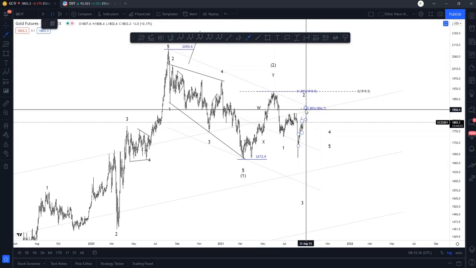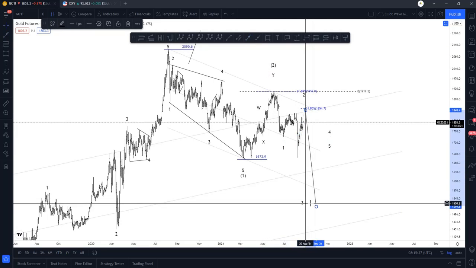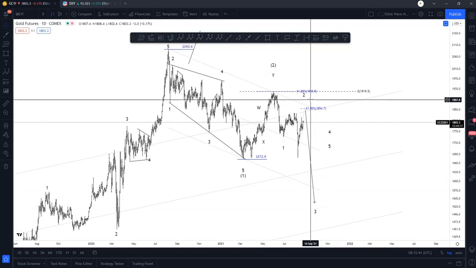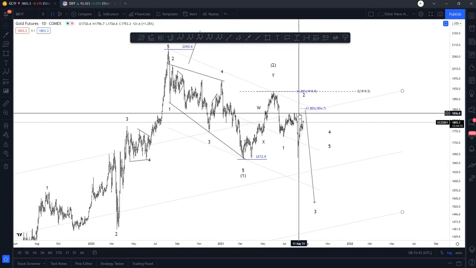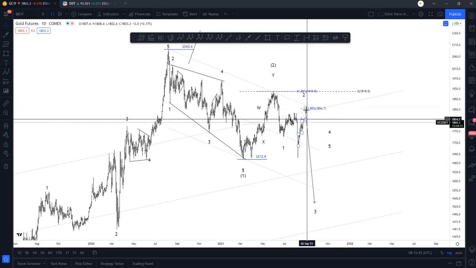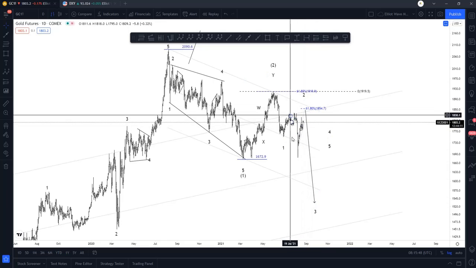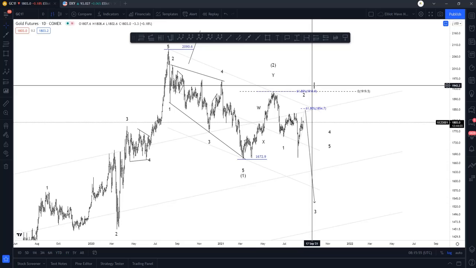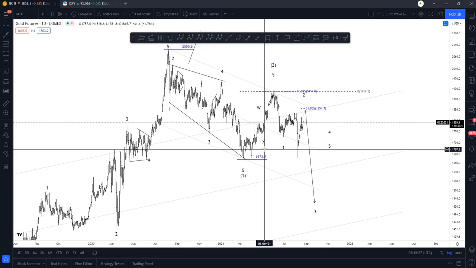This signals to me, guys, that this is setting up for a wave 3 decline in the near future, and we should be expecting gold to drop very vigorously once the market has completed this impulse wave pattern as wave C. This leads me to believe that the potential for the dollar index to rise is much greater based on this wave count than the potential for the dollar index to fall because of what gold is doing.